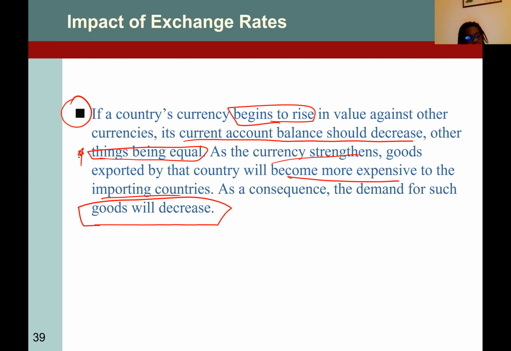So why have they written this, other things equal? For example, if you don't have any other options, whatever is the price. For example, you want to buy a Rolls-Royce, a bulletproof Rolls-Royce for your president. Even though I will take a substitute, if the price is too expensive, I will take a substitute. Yeah, you will take a substitute. But if we don't have the substitute, you have to buy from, if the dollar is increased, so the